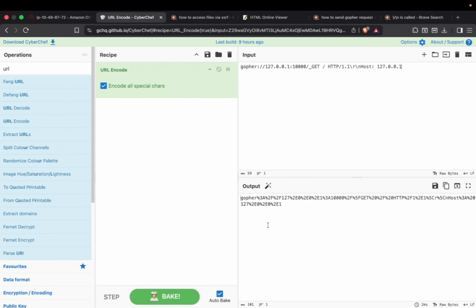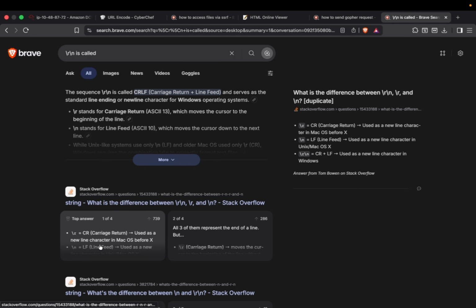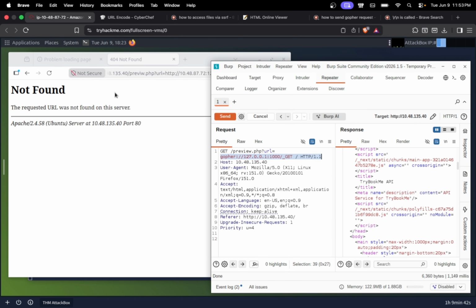But guys, let me tell you first. I tried to do this and it did not work. The reason it did not work is, you see there's this backslash r and backslash n. When CyberChef encodes this, it encodes it as a literal string. Like, it does not put a line feed. What was it again? Carriage return and line feed, right? My god, I forget this every time. So I will suggest you to use a Python script to URL encode this, and I will show you how